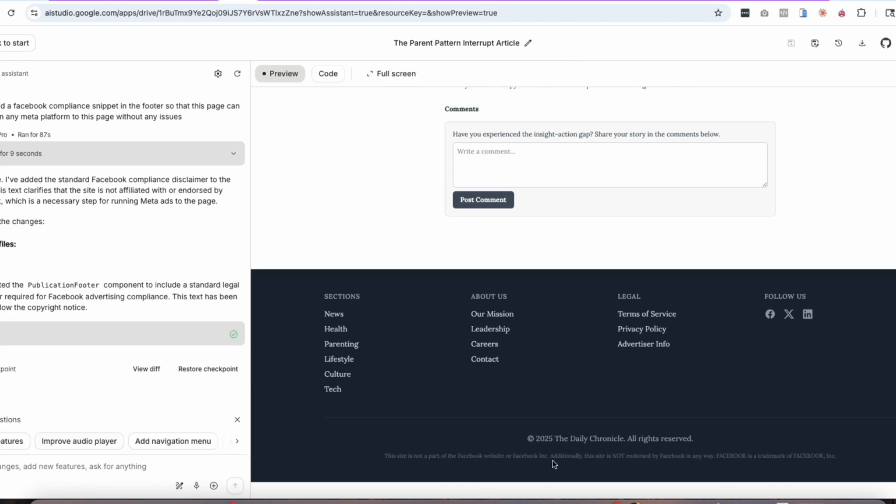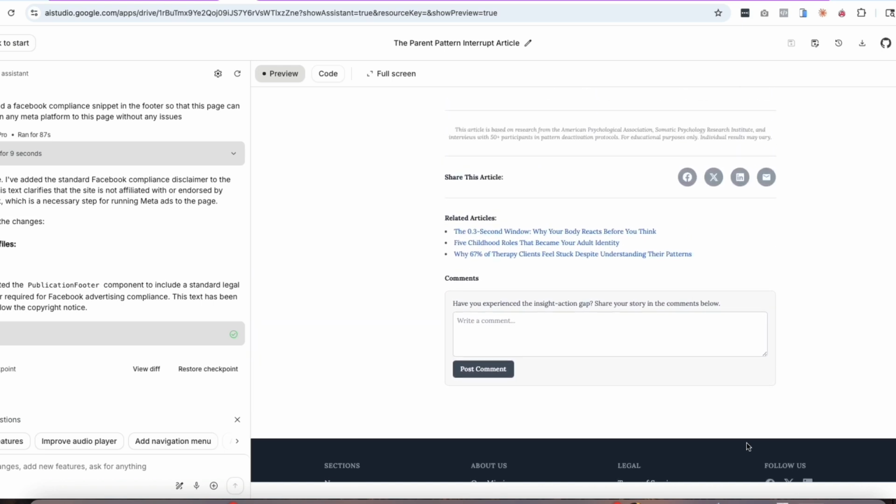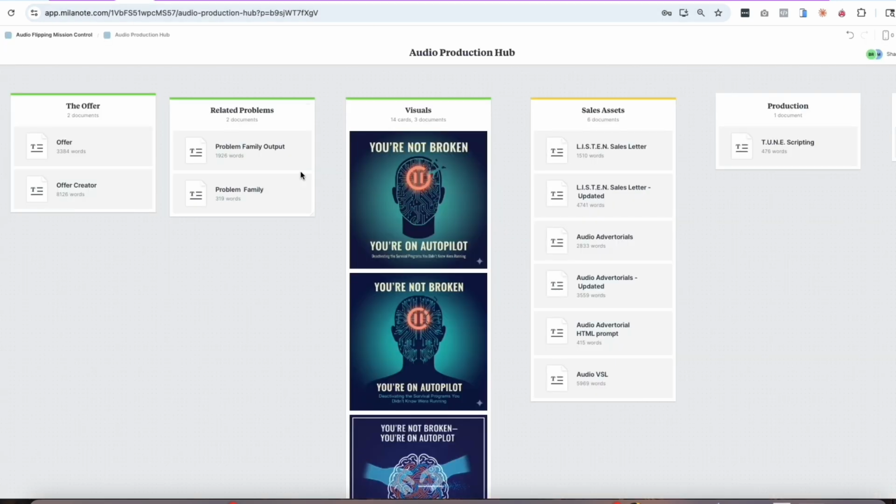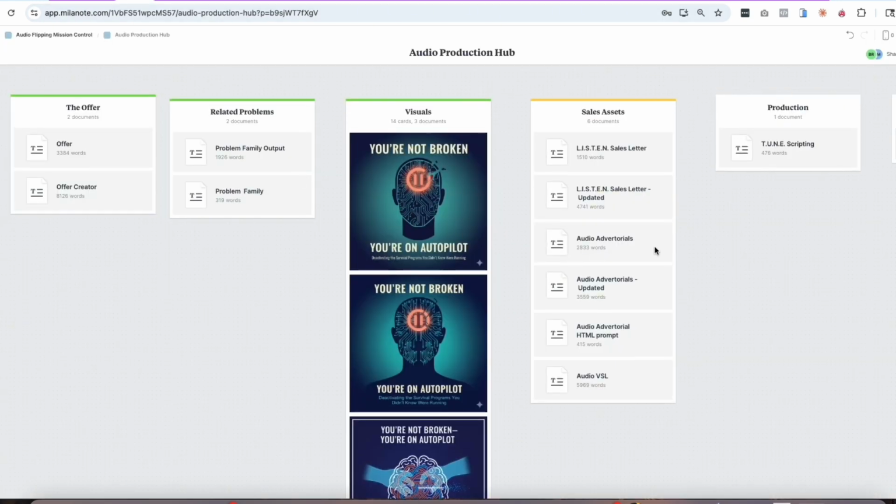This site is not part of the Facebook website. Additionally, the site is not endorsed by Facebook anyway. Facebook is a trademark of Facebook Inc. Okay, so put that down there. Go back into here and we will put that